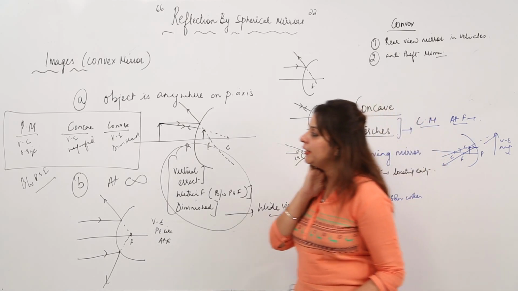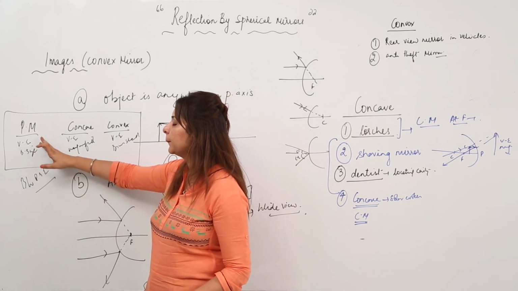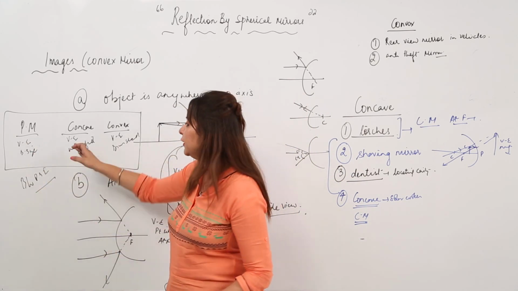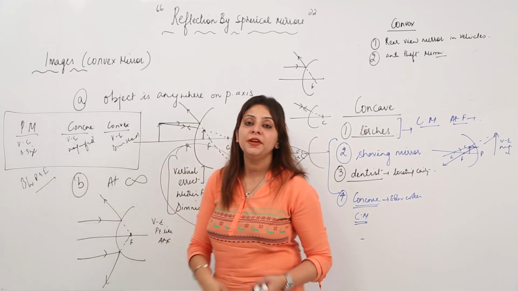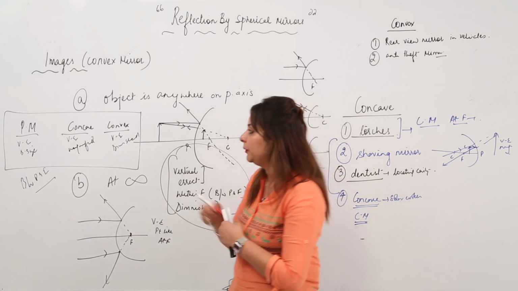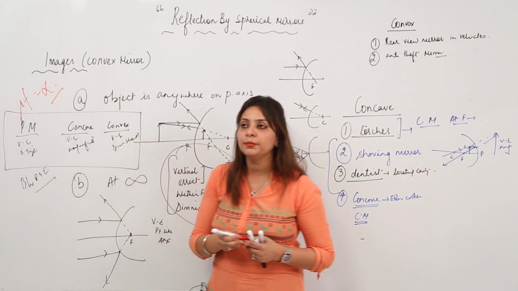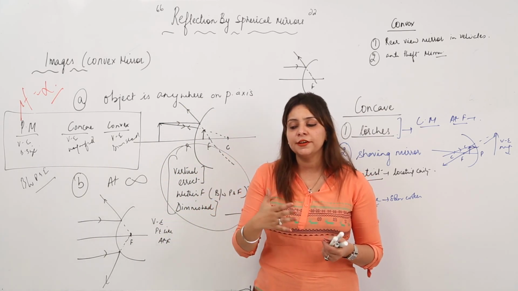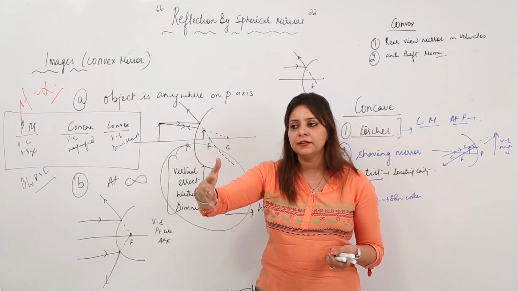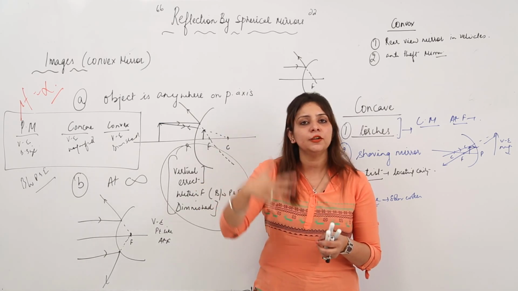And moreover, one more thing, if somebody asks you about the focal length of the plane mirror, because here the focal length, you know, is the distance between P and F, the focal length for the plane mirror is infinity. Focal length for the plane mirror is infinity, because it can make the images as far, means if there is no obstacle in between, we can look in it until we get an obstacle.